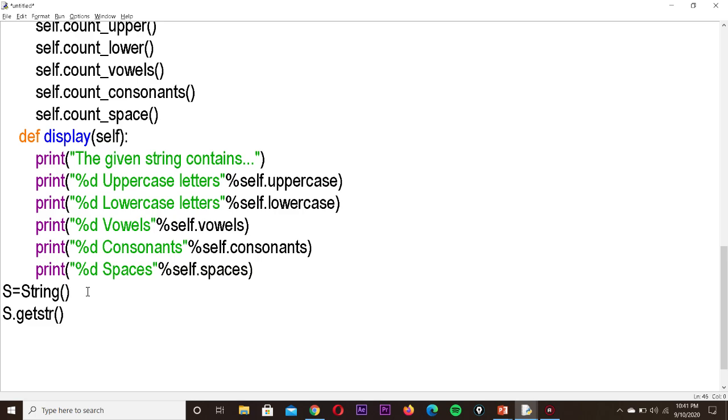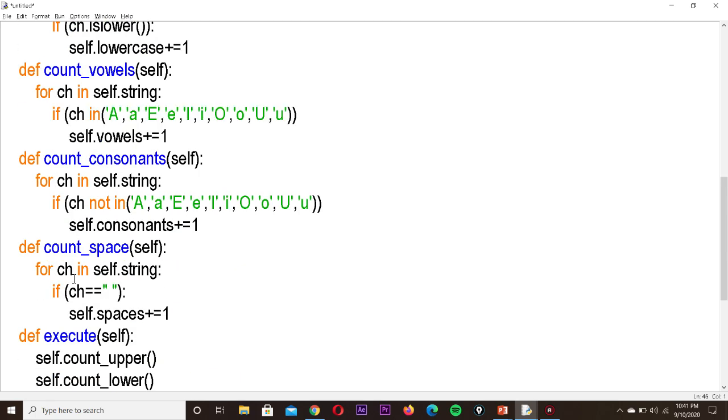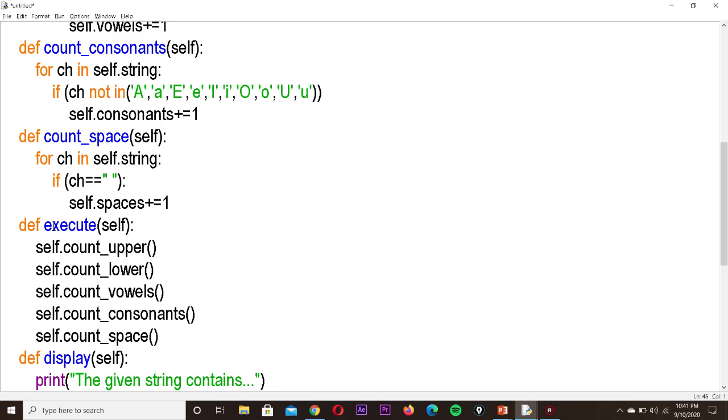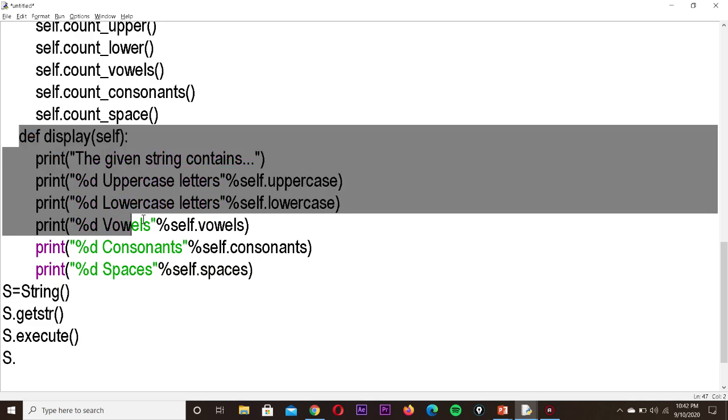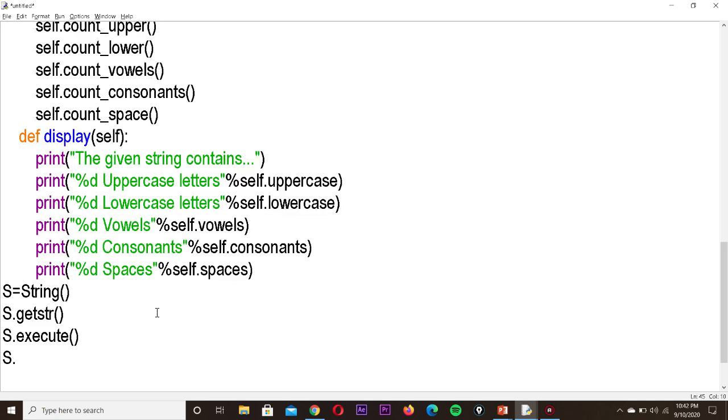Next, after getting the string, we want to call all those functions. For that, we have defined one function, that is execute. So we can call that function also: execute. Next, third one is for printing the result. We have one function, display. This is the function we want to call: S dot display.